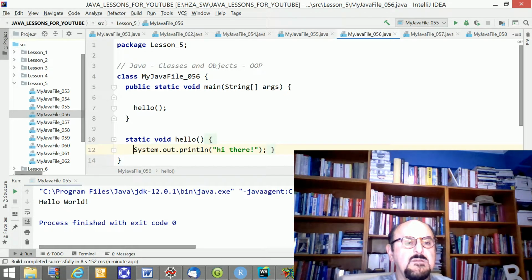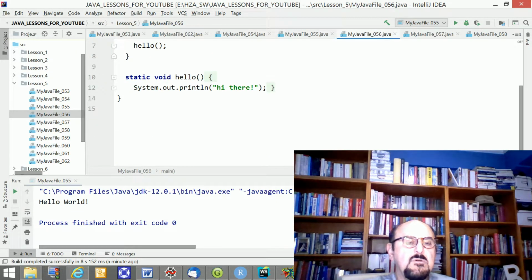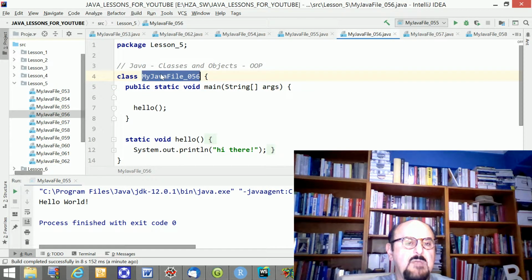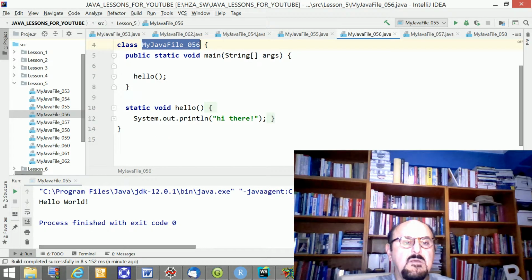Just as an example, it's up to us where to mention our public static void main method, or at the last. In this case, we define a variable, we define a class, and I recall this member function,